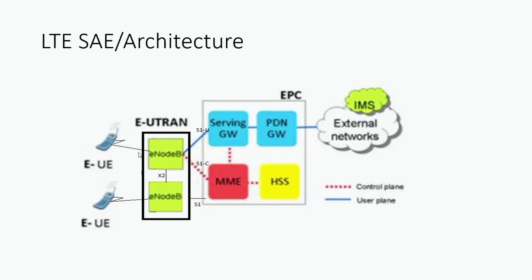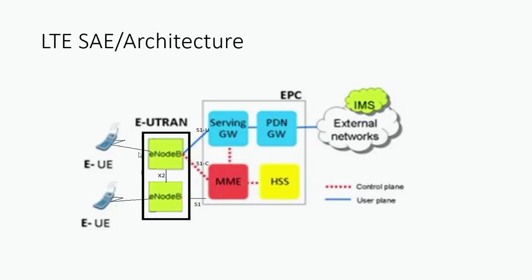As we want a fully packet switch architecture, that means we have to evolve a new architecture with its own radio network and its own core network. So that means evolution of a new architecture in LTE, and that architecture is known as SAE, meaning System Architecture Evolution. In the SAE architecture, which is the evolution of the architecture of 4G, we are not upgrading over the 2G or 3G network architecture. Therefore we are evolving a new system architecture, and that is known as System Architecture Evolution, which is there in the 4G network.